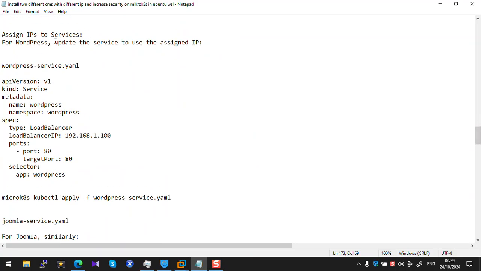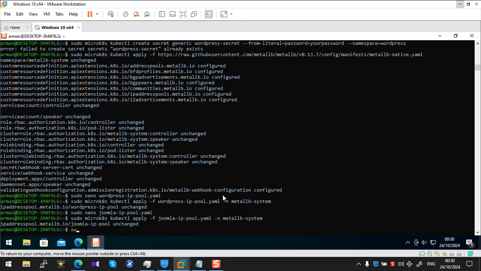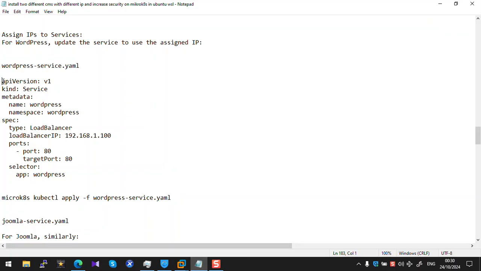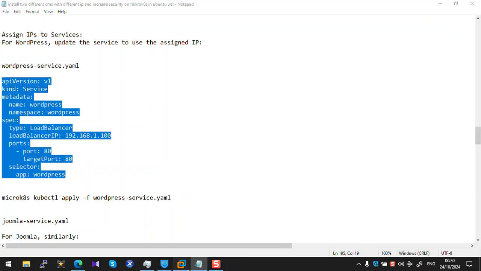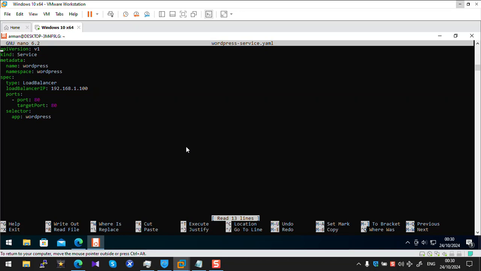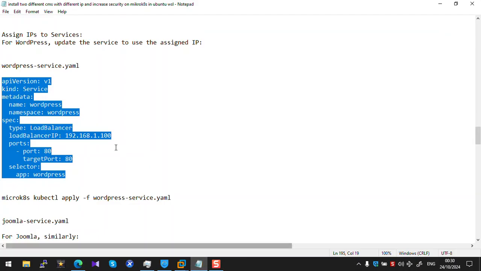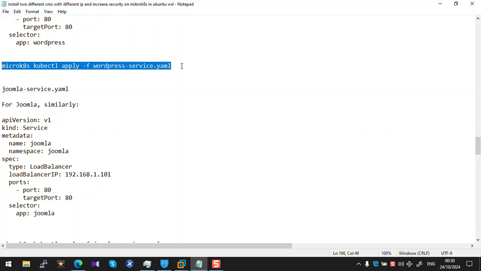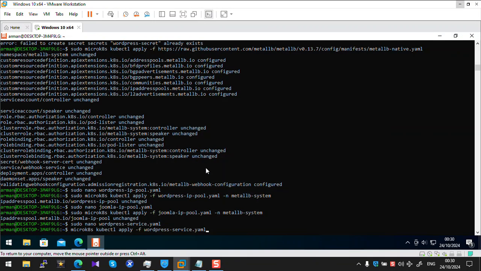assign IPs to services for WordPress. Create WordPress services.yaml file and copy this script here and save this, and to apply WordPress services, use this command